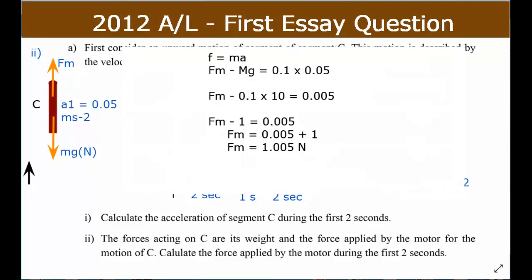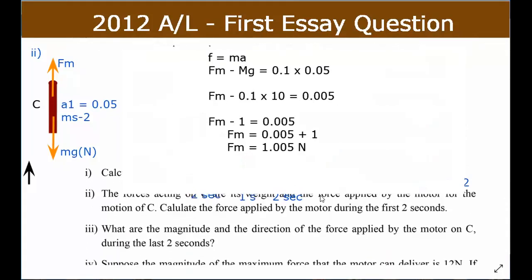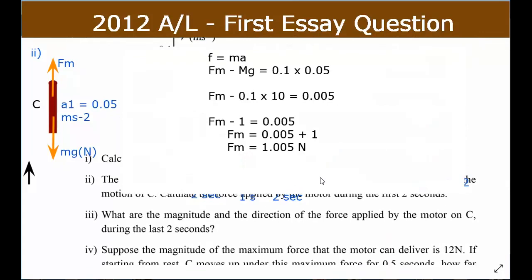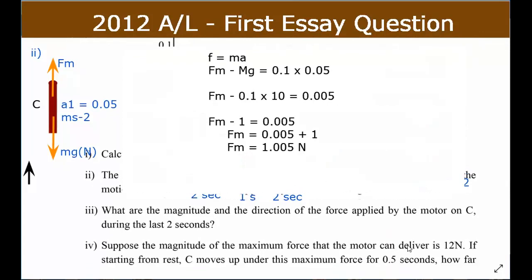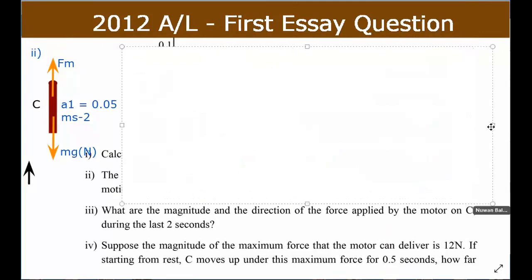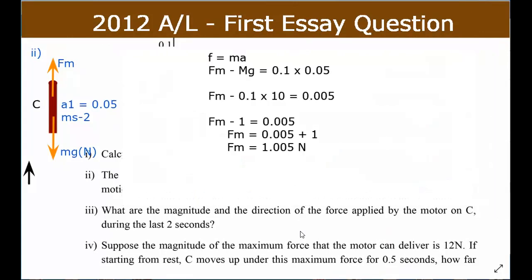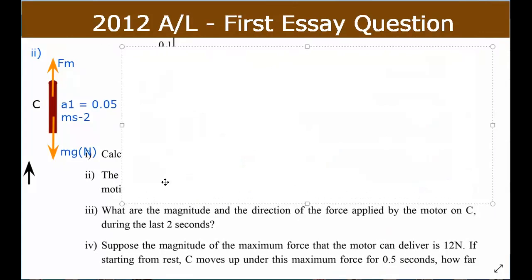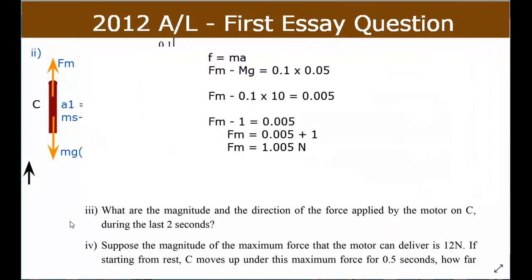Right. Let me move this up. Roman number 1 we completed. Roman number 2 we have answered. Now we should check Roman number 3. Read what they have asked in Roman number 3. What are the magnitudes and direction of the force applied by the motor on C during